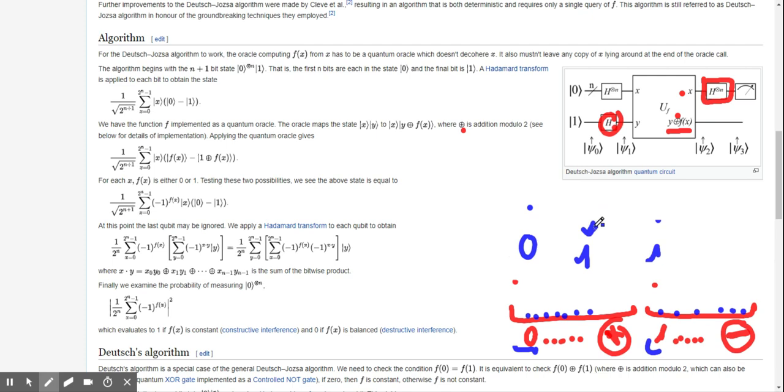But then 1 plus 1 is 0. But that essentially means that when we're now applying this Hadamard,